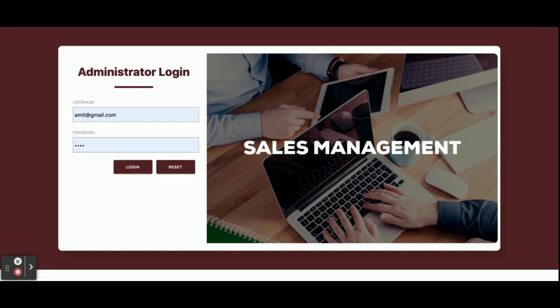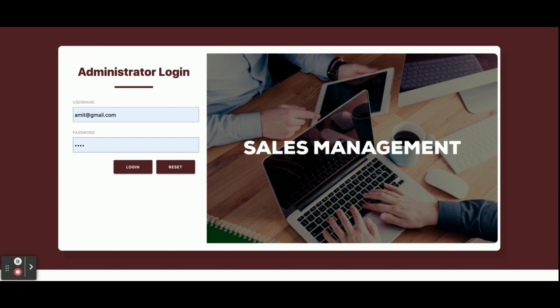the Sales Management System, and it's an admin-driven application which we have developed using Spring Boot, Angular, and MySQL. So for running this project, you need to run the API, meaning the Spring Boot application, on STS, and the API will run on port 8080, and the Angular application from the command prompt using ng serve, and it will run on port 4200.